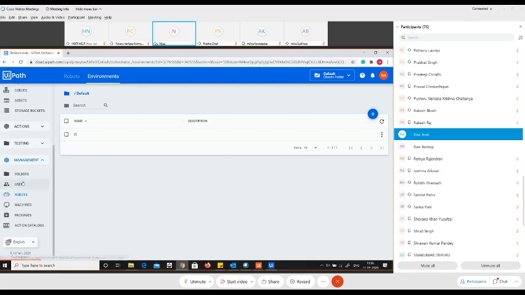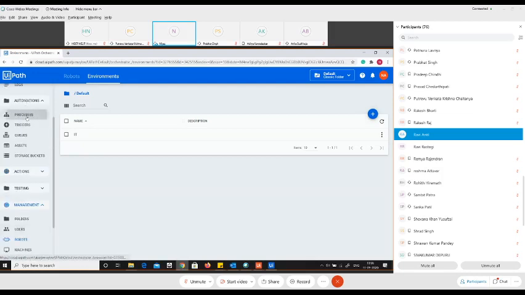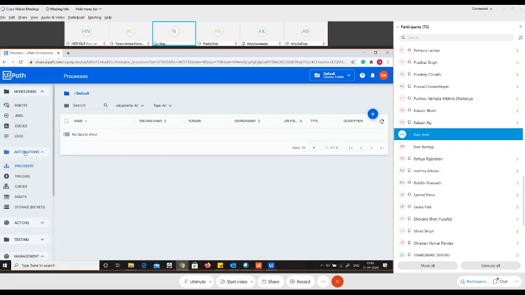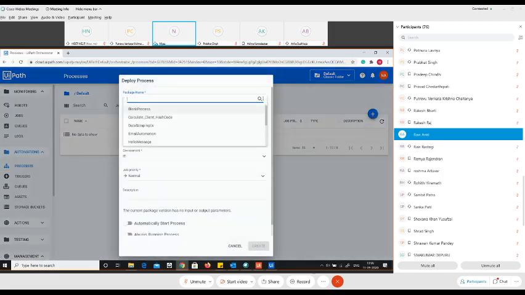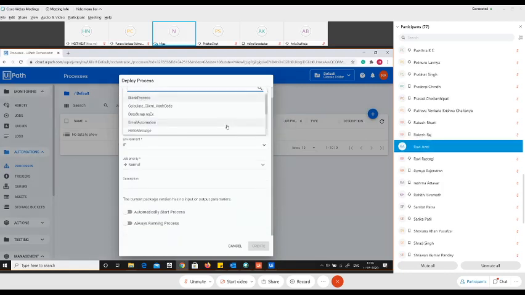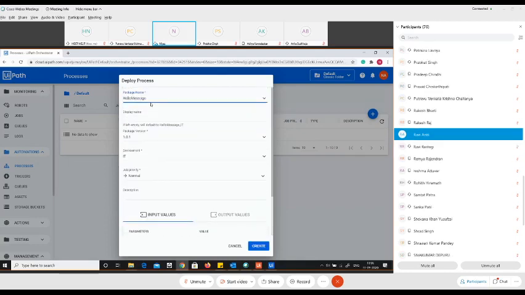Now, over here, under the Automation section, click on Processes. I'll repeat again. Under the Automation category, click on Processes. Click on the plus icon here. And from here, you can see that the project we added is available here. Our process name was hello message. This is available here because we uploaded it into the Orchestrator. And you can also see here the version. The version in our case was 1.0.1. And here you can choose which environment you want to run this program. Since we created only one environment, IT, I'll say I want to run it in the IT environment. I'll go ahead and say Create.